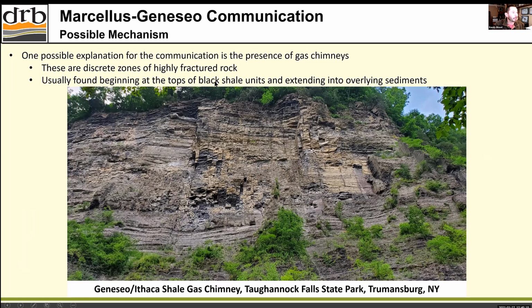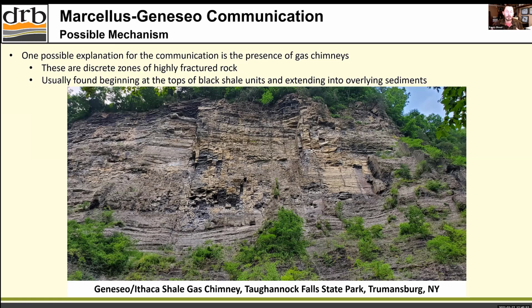This is an example of a gas chimney that overlies the Geneseo Shale at Taughannock Falls State Park. These are very discrete zones of incredibly heavily fractured rock, and they often extend up off the tops of these black shales. And what I would argue is that if you have gas chimneys that are coming off of the Marcellus, and you have a thin enough Hamilton or a clay-rich enough Tully, which we fit all those criteria in different areas,